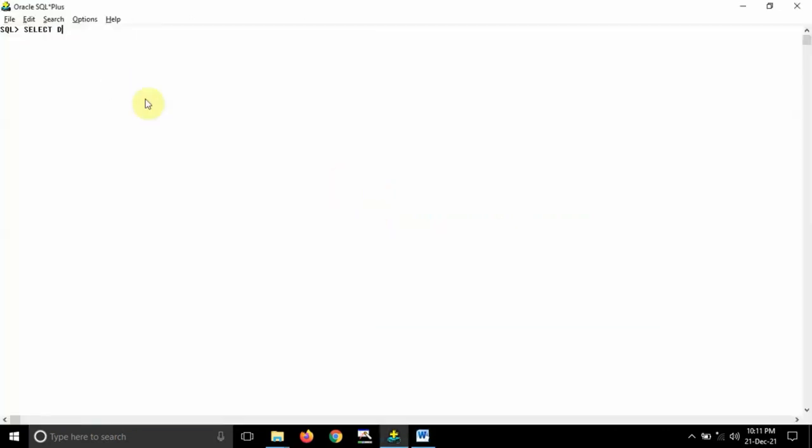Select department name, that is D name, from DEPT table, where condition says that DEPT number IN, I have to use, because there is possibility that the inner subquery will return multiple values. So that's why it's better to go with IN operator. From EMP, where condition says that E name like